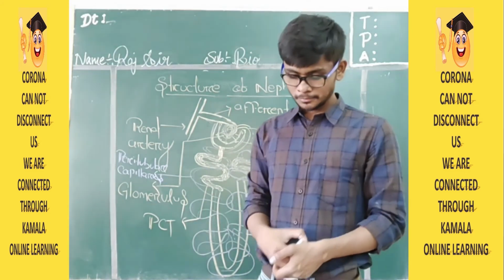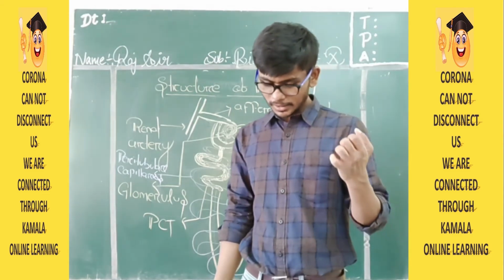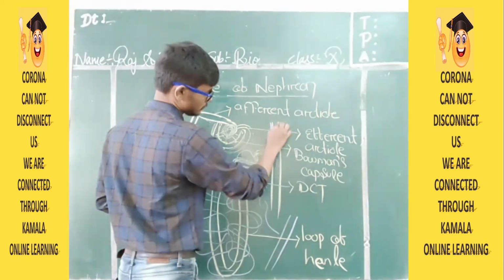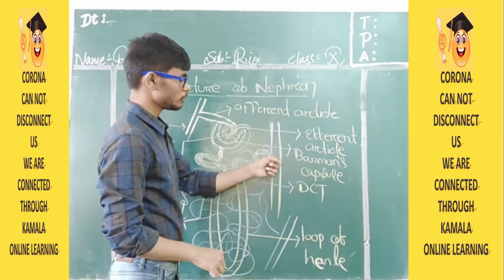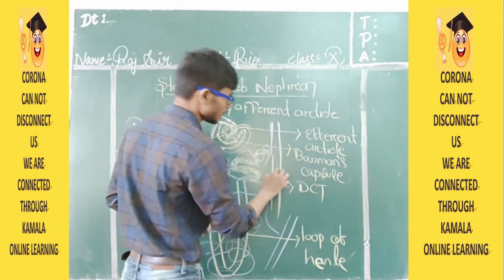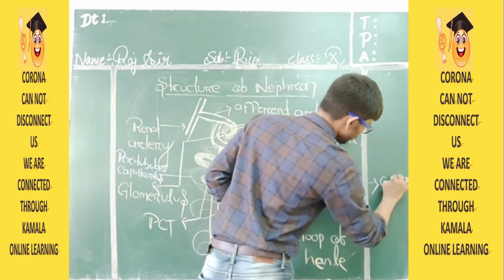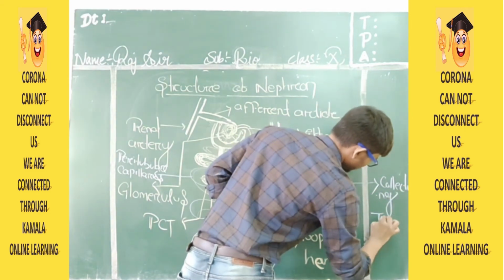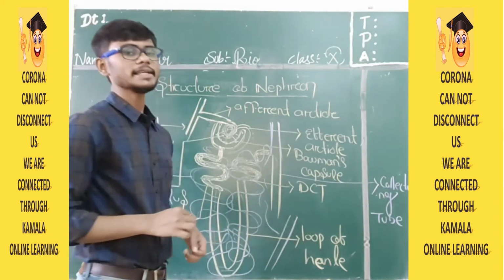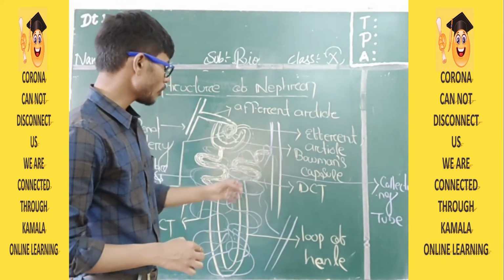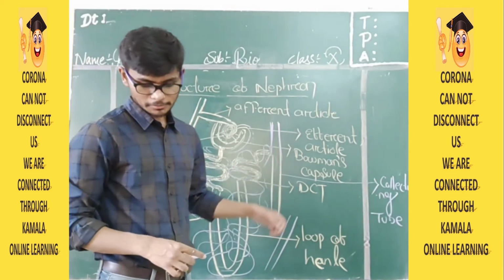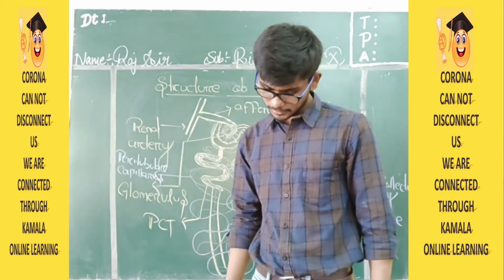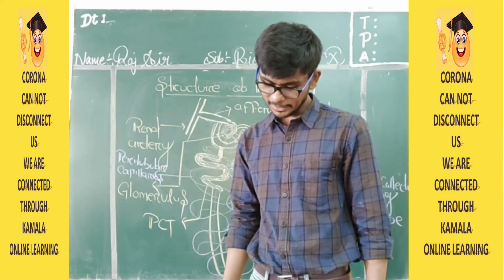Is that understood? Yes. See, the distal convoluted tubule opens into a collecting duct. You see this particular pipe, this broader one, which I am looking at? This is called the collecting tube, CT. So all the waste products will go over there. Now, the collecting tubes form pyramids and calyces, which open into the pelvis and lead into the ureter.